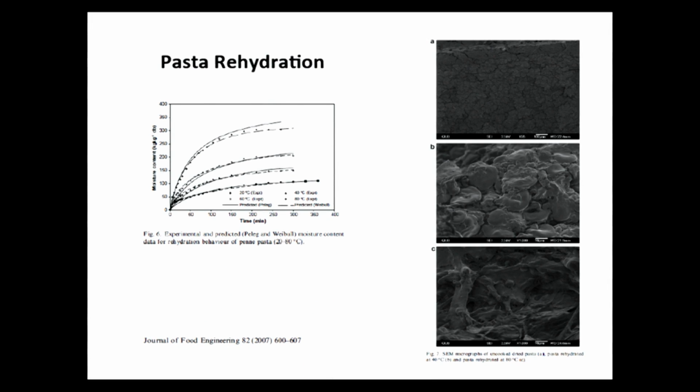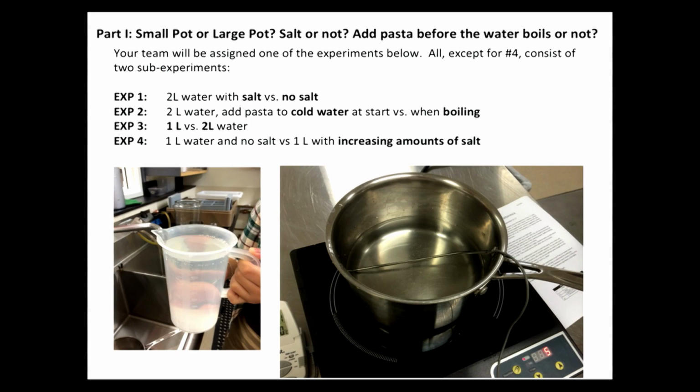So there you go. And I'll show you this too, because this is what we do in this class. Here, for those of you who are really into the structure of pasta, this is a graph of what pasta looks like in an SEM microscope. This is dried pasta. This is pasta that has been cooked, rehydrated in 20 degrees, and this is 80 degrees. So you can actually, on the microscopic scale, see a difference. And I'd like to argue that maybe Chef Lidia could taste that difference with her mouth.